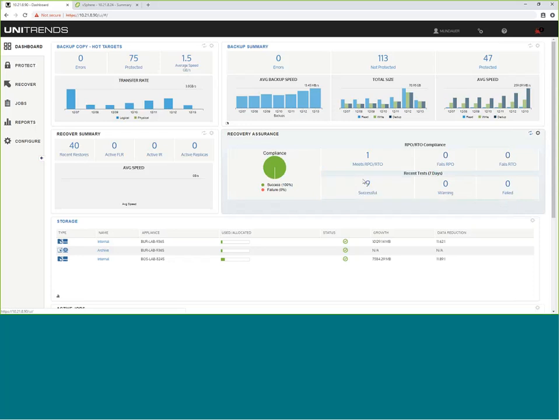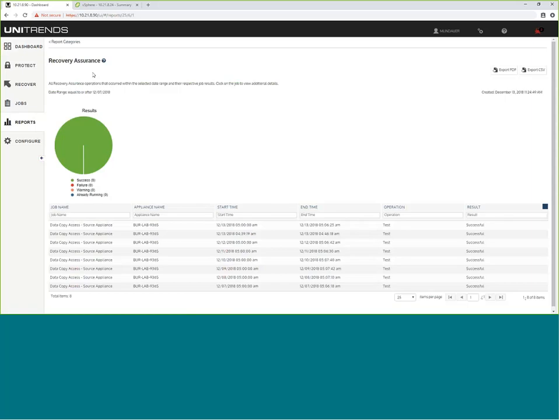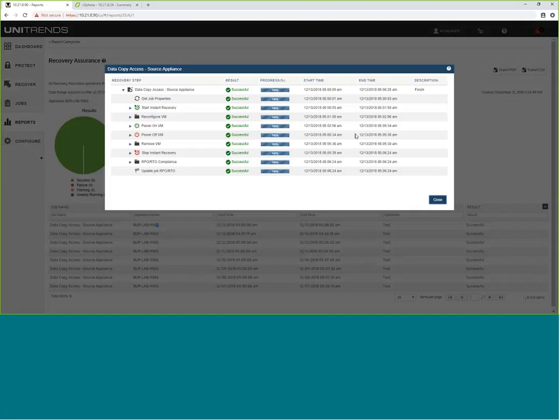If I were to click on these 9 successful tests that have run, it'll bring me to the correlated report, that recovery assurance report. You see here the full step-by-step process I showed you on a slide earlier of the full recovery test, from configuration to powering it on to running that executable for testing against RPO and RTO compliance. In this way, you're able to automate and ensure that all of your backups are recoverable, compliant, and that the files and applications within them behave as expected.